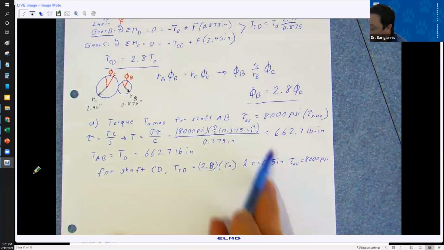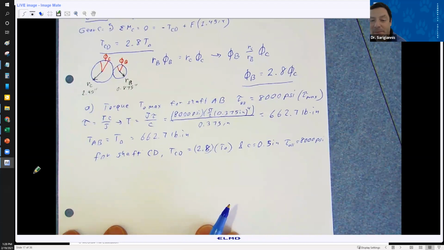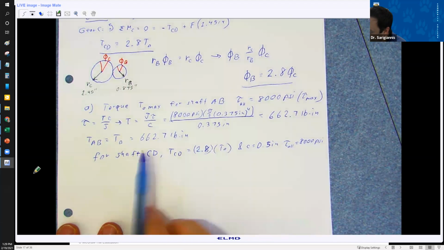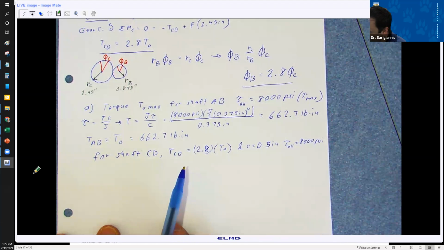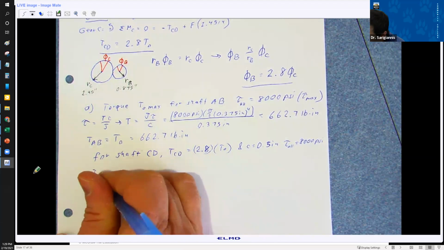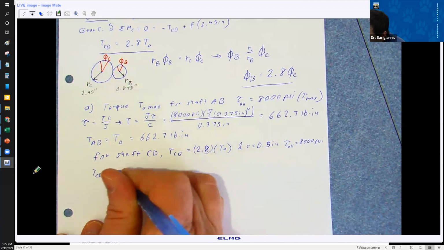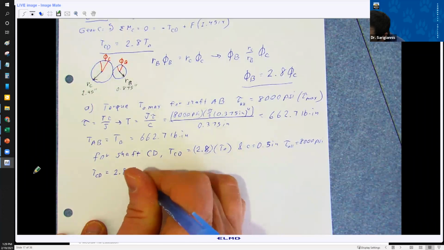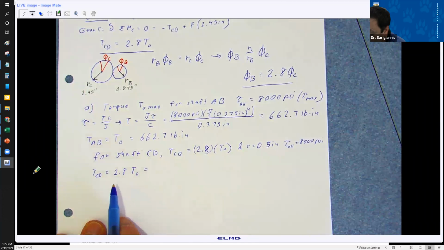We'll keep that in mind, even though it's right above us. So now what I'm going to do is check. I can work either direction, right? I can check what the shear is with that torque. Well, let's just set this up, right? So TCD is equal to 2.8 T naught, right? Which is also equal to,